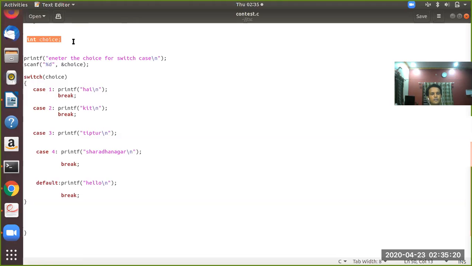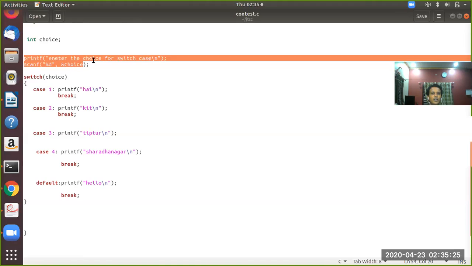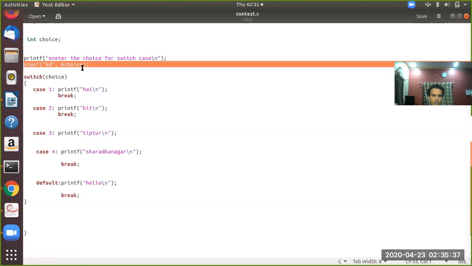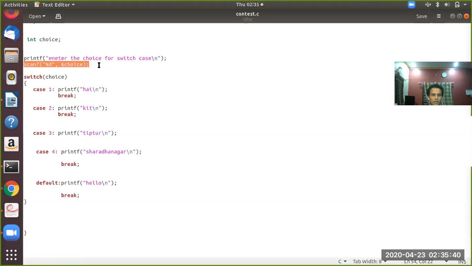Int choice. So now it will display the statement "enter the choice for the switch case". Then the choice that is entered on the keyboard is taken into the system through the scanf %d comma ampersand choice statement. Now this choice is passed here.